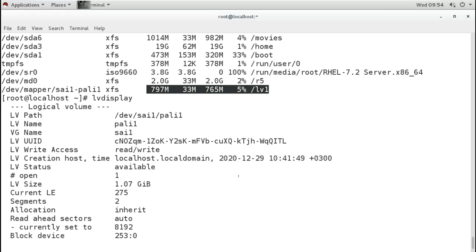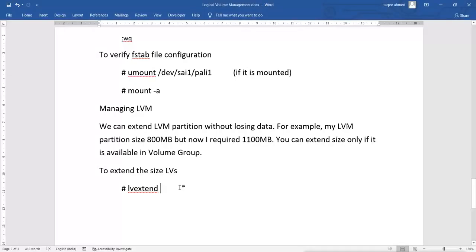Why is it still showing 800 and why is it not showing 1100? The problem is the file system.